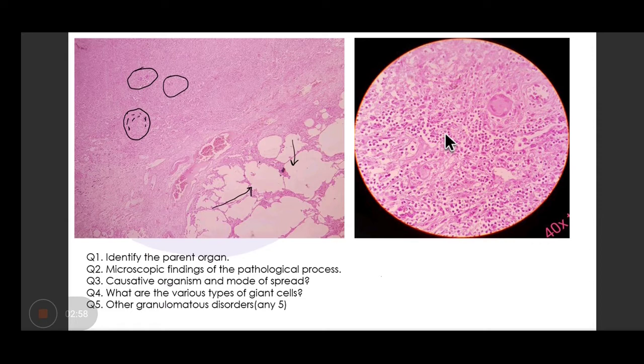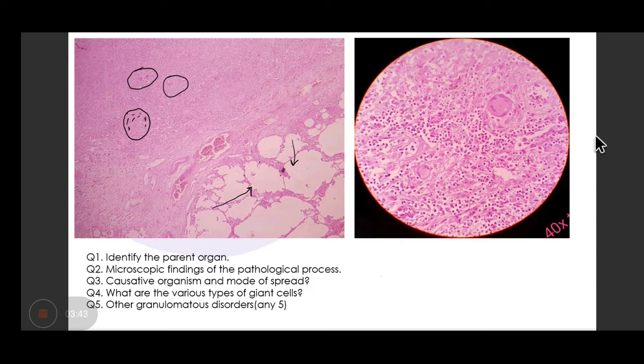The next question which is asked is the nuclear arrangement in Langhans type of giant cells. In Langhans type of giant cells, the nuclei are arranged in horseshoe pattern. Then the next question could be various types of giant cells. So whenever you answer, you broadly classify your answer into categories, to make it more defined. First you'll tell that they can be pathological giant cells and physiological giant cells. So your pathological giant cells are,